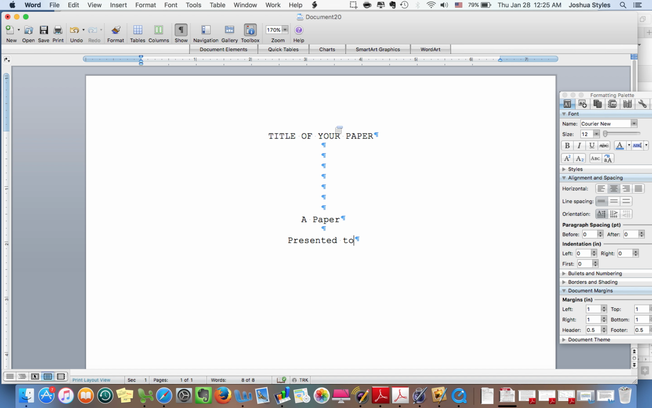Also, you'll notice that the title of your paper, right here, is in all capital letters. That will be the case for all of your titles. But as you'll see, the remainder here is not in all caps. It's just a normal font. Most of these first letters will be capitalized. The paper, presented to, and then after presented to, you'll hit Enter twice more, 1, 2, and then you'll type the name of your professor. So in this case,